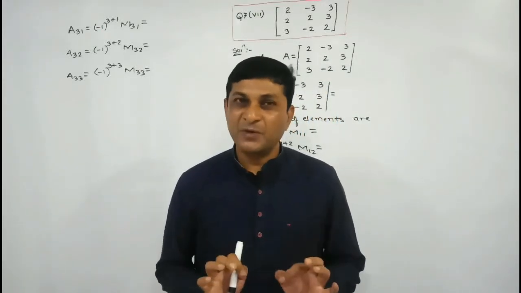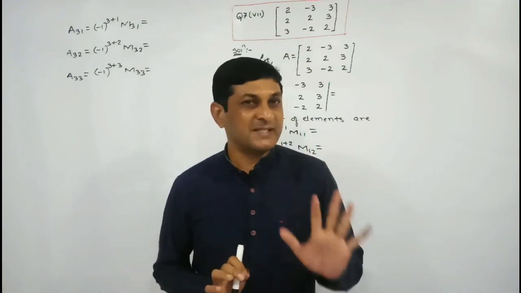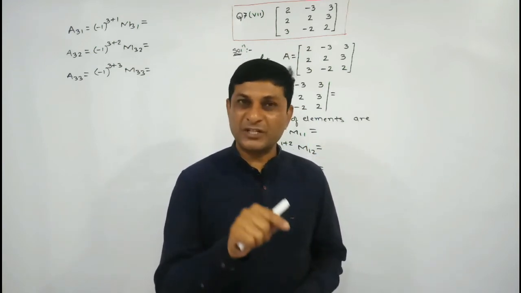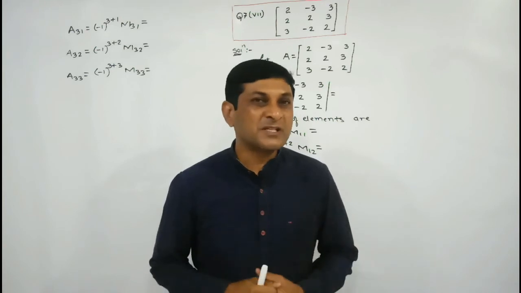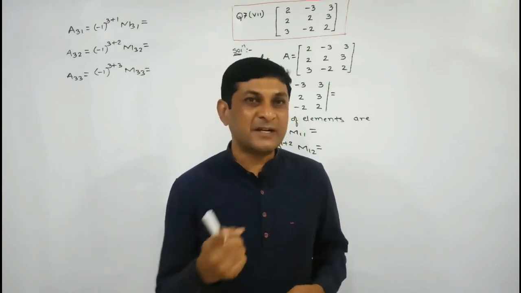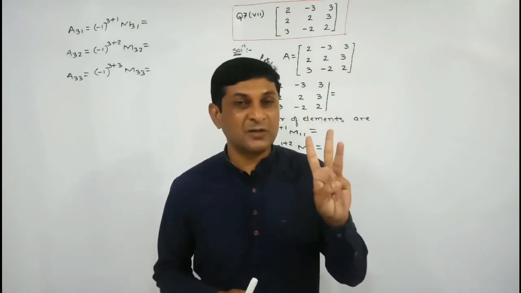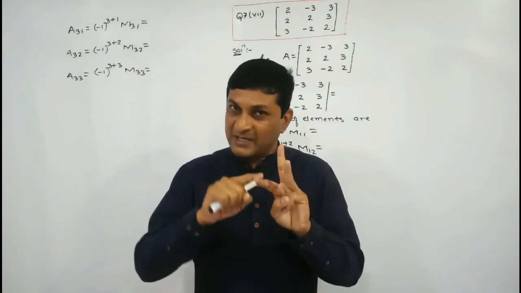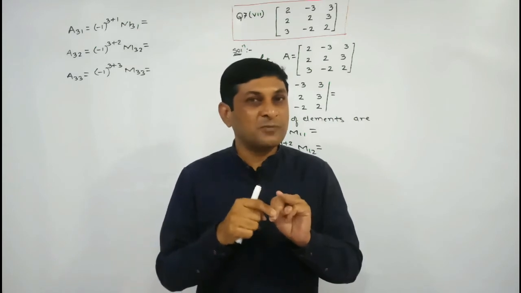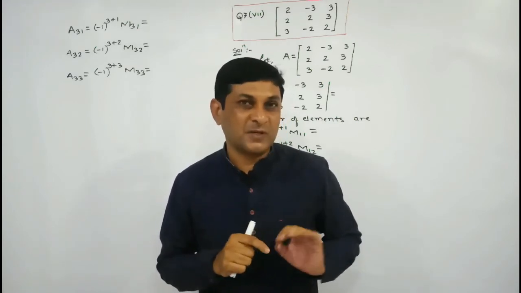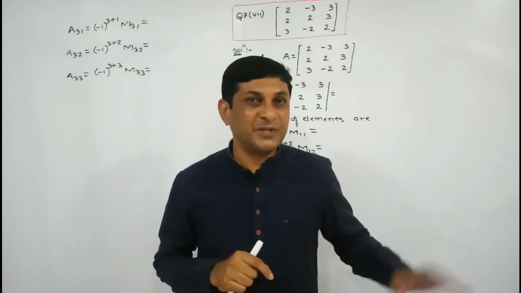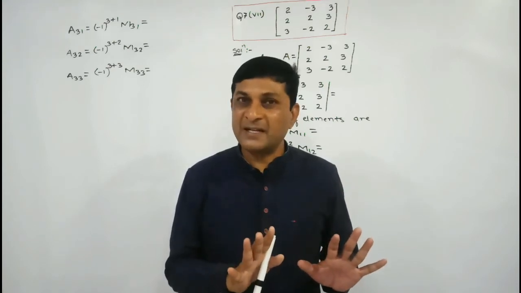In the last video, we have completed the first 6 examples from question number 7. In question number 7, we have to find out the inverse of a matrix if it exists. The method is not given, but we know that we have 3 methods to find the inverse of a matrix. One is the adjoint method, one is row transformation, and one is what? Column transformation.